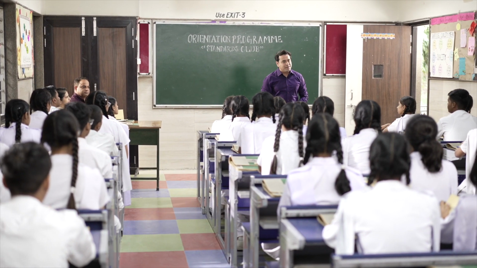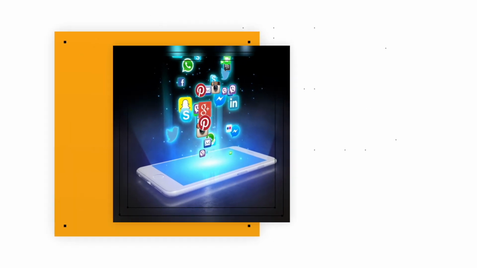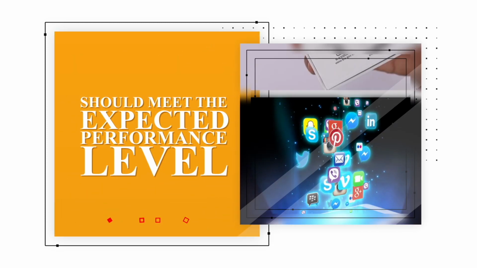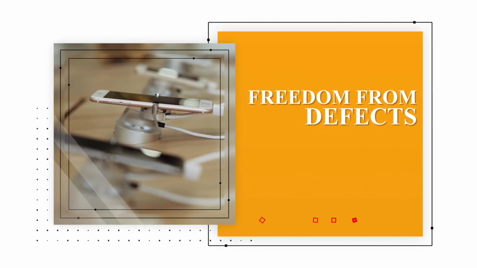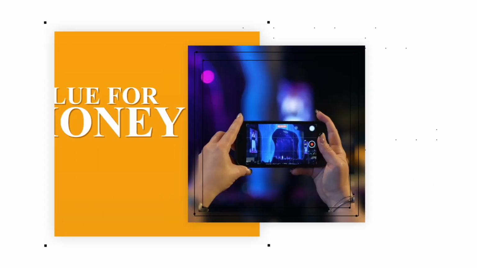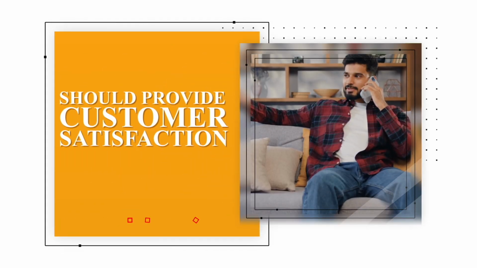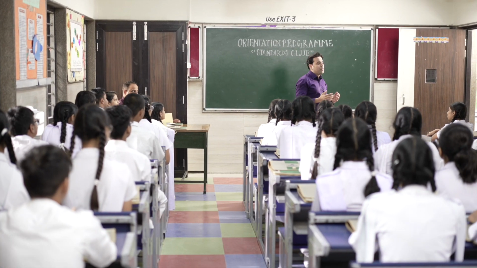Okay, let us learn what quality means and how it is related to standards from Shri H.J. Pasricha, Deputy Director General, BIS. Quality in its simplest form can be defined as fitness for purpose. This has many attributes depending upon the product, the services and most importantly the user. The quality of a product should meet the expected performance level, regulatory requirements, needs of customers, freedom from defects and durability. It should also be value for your money and should provide customer satisfaction. But how these quality characteristics are decided and made available to the users? The answer to this is standards.